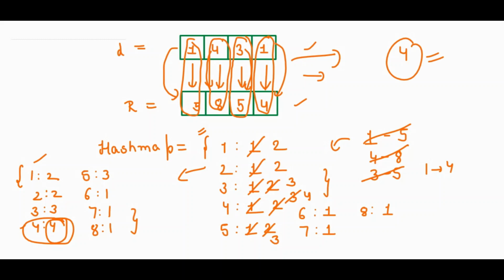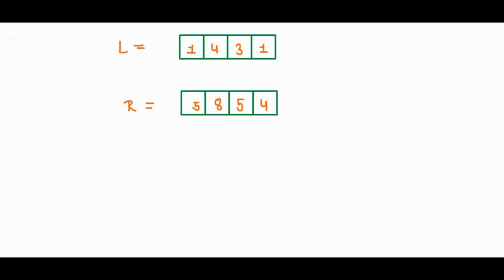Okay. So this is a very simple approach. So now let's see the time complexity of this approach. So we are given n ranges, right? Because there are n elements in both R and L. So for each range we have to travel all its elements. Like from 1 to 5 I have to travel all elements, from 4 to 8, for 3 to 5, for 1 to 4, right? So our time complexity will be big O of n times the maximum range, because we are traveling n ranges, into the maximum range.